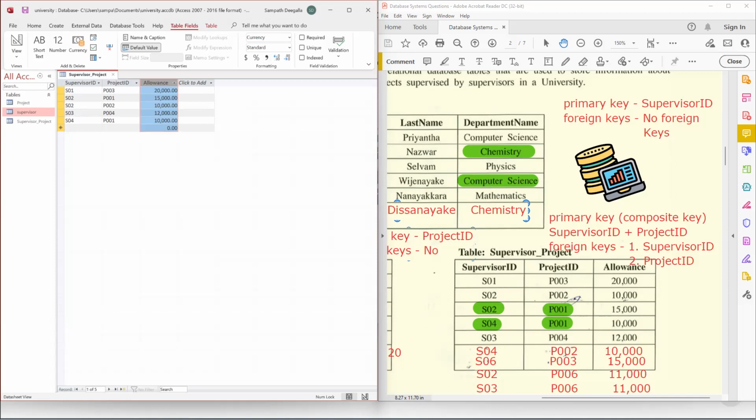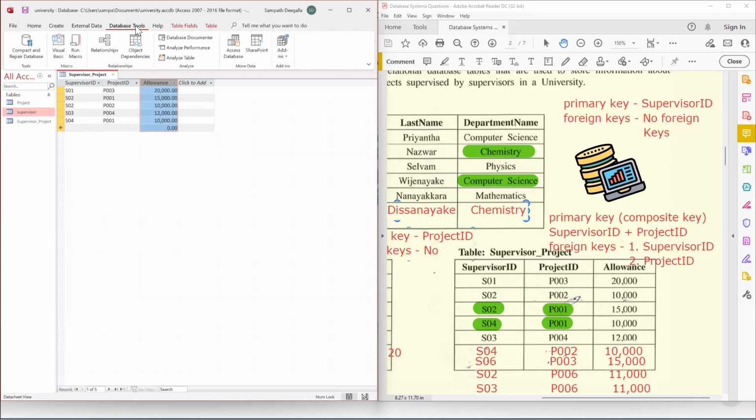Right. Now, having said that we are ready, we can go to database tools. We are going to create relationships now. Then click on relations. Okay. Because we are now going to combine the three. We know that, right? We want to create